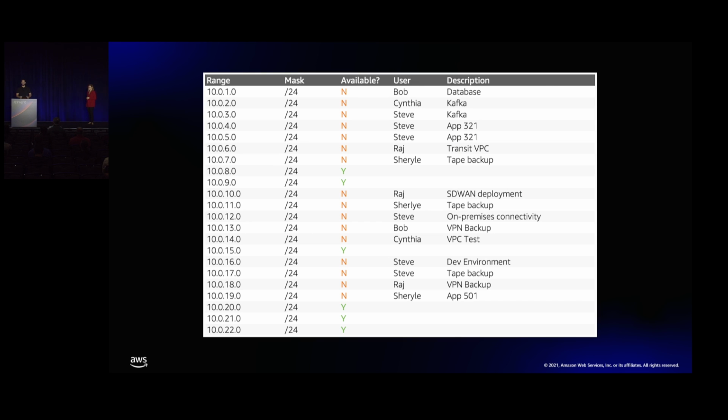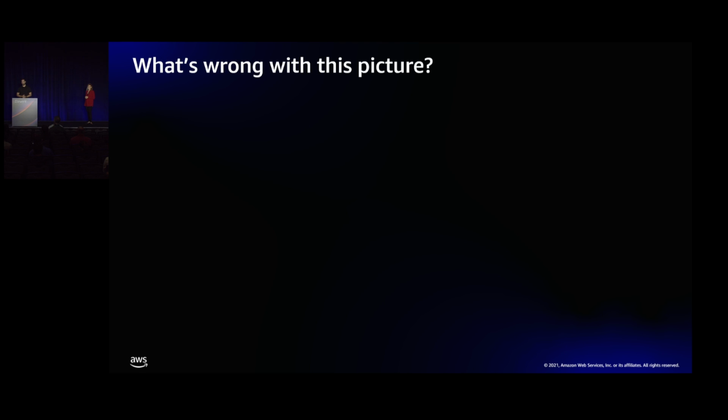It's a busy week. I'm sure you folks have seen something like this before. This is basically an Excel spreadsheet or a table that has IP address allocations. I've worked in large mobile providers, large telco providers, and we've literally used an Excel spreadsheet on a shared drive to allocate IP addresses. There are some problems with that picture. First, it's manually updated. We used to have one guy, the firewall guy, who had ownership of all the IPs, and you'd go to him and say, hey, Kieran, can I please have an IP address range? And he would go in and update the Excel spreadsheet.